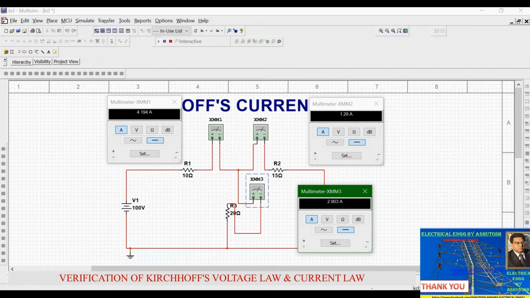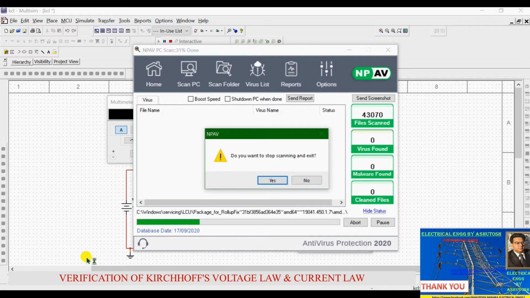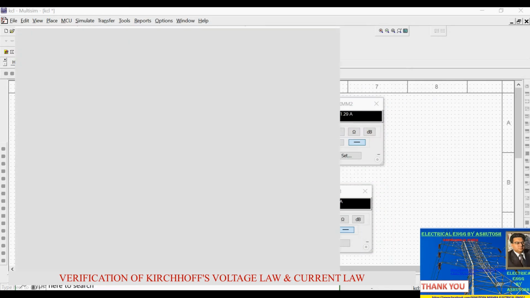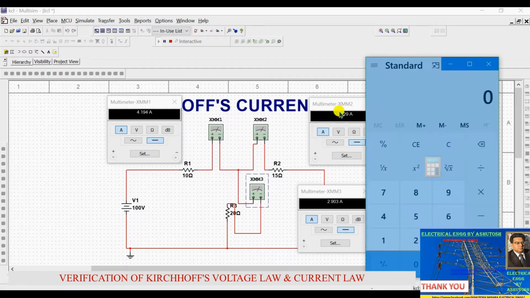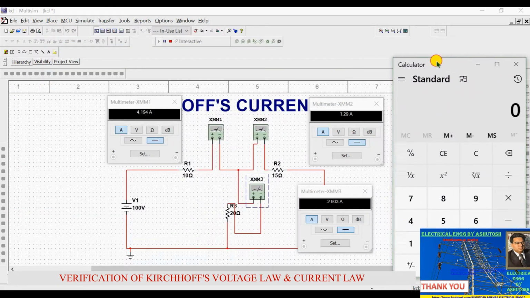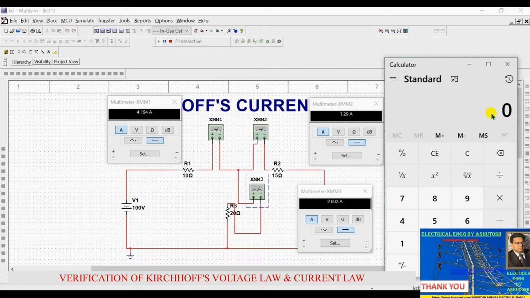You can add them; we will use the calculator. We are adding 1.29 plus 2.903 ampere.